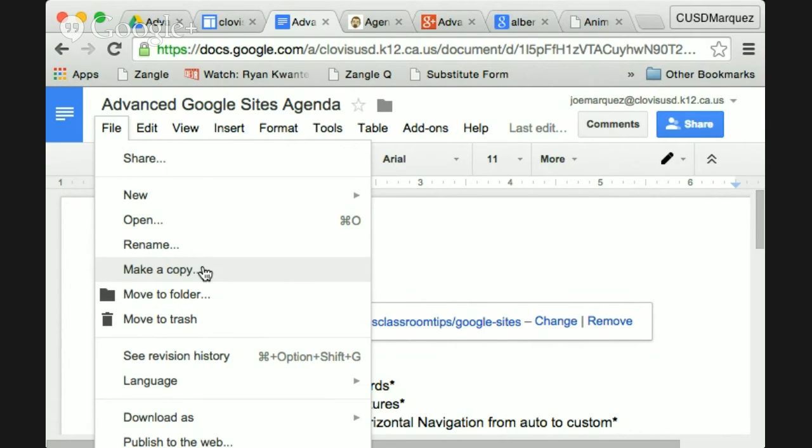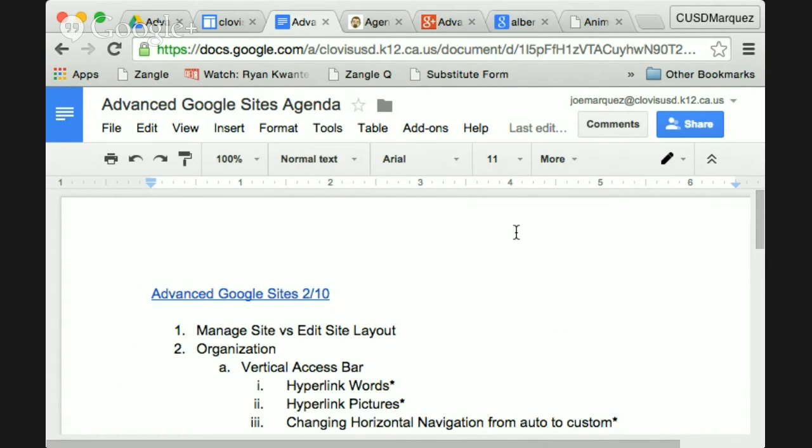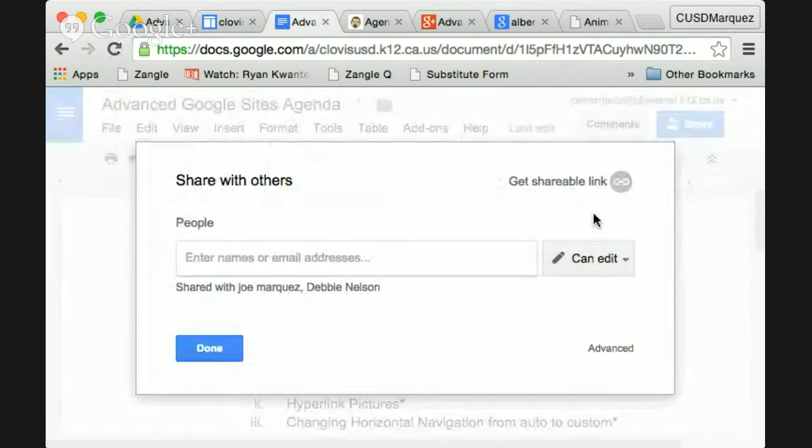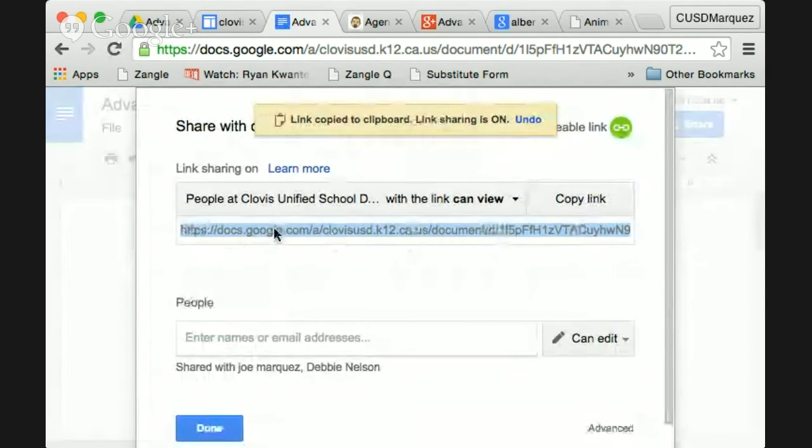So when you share documents, you want to make sure the link is can view only, not can edit. Crazy things can happen at that point. Is that in the embed or in the hyperlink? Yes, both. Unless that is your goal is to have it all on there, but yeah, if you're just giving them the document. Yeah, so like here, to get the link, you don't have to change any share settings. All you have to do is go to get shareable link. And when you download this, you want to make sure it says anyone with the link can view,